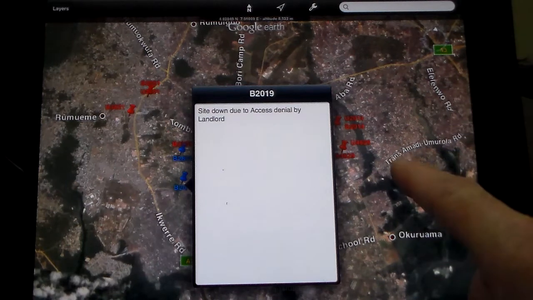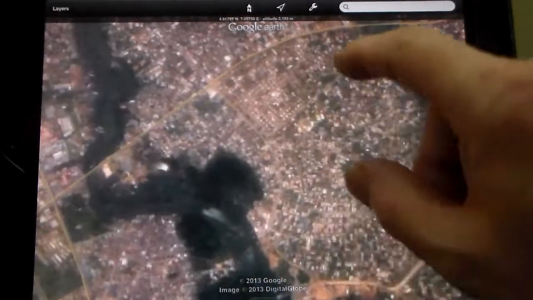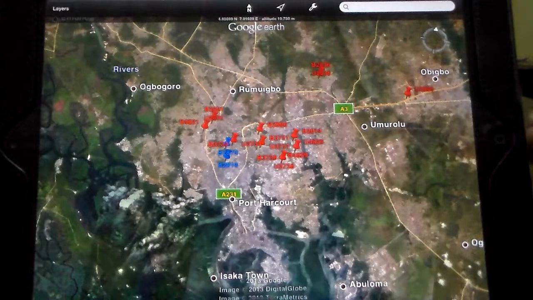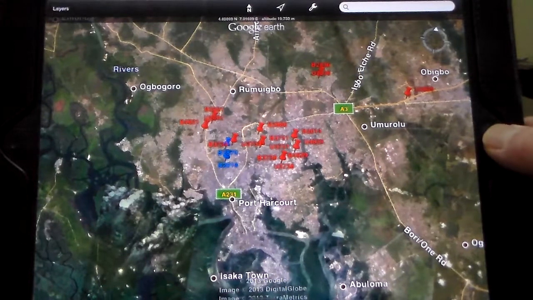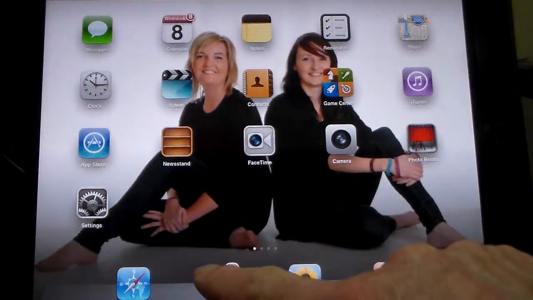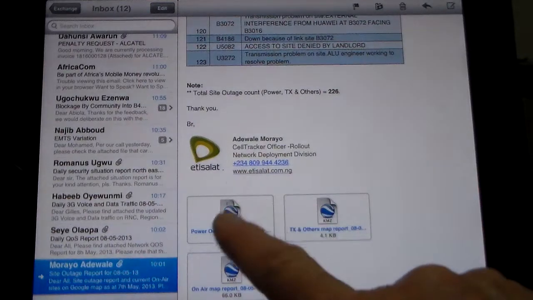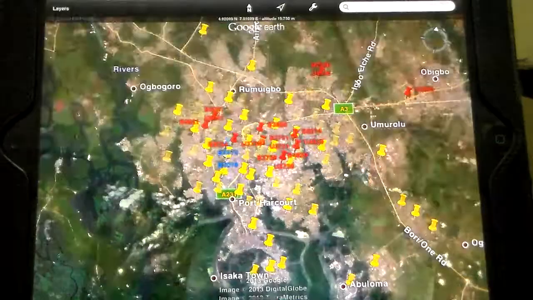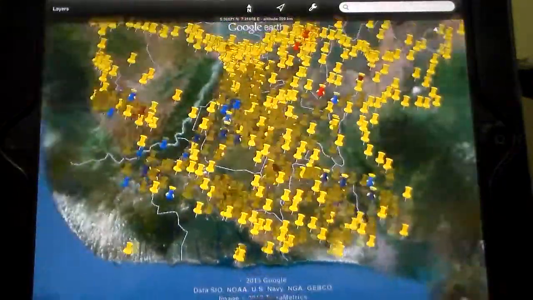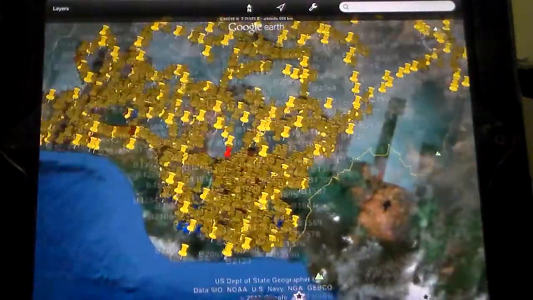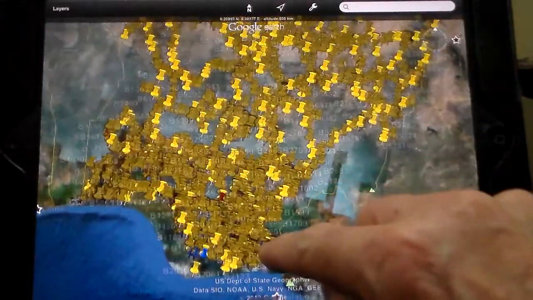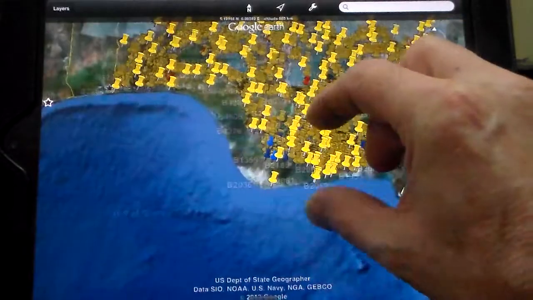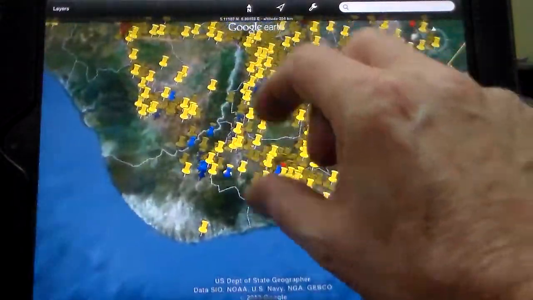Now, there's one more file that we have that we can also superimpose, and this would be the on-air file. So once again, going back to the email, you pick the on-air file very simply. Once again, press the Google Earth, and now every single site that is on air in the Etisalat network appears. Once again, you can stop the zooming, bringing it all in, but you can zoom down. Once again, let's go to Port Harcourt and see